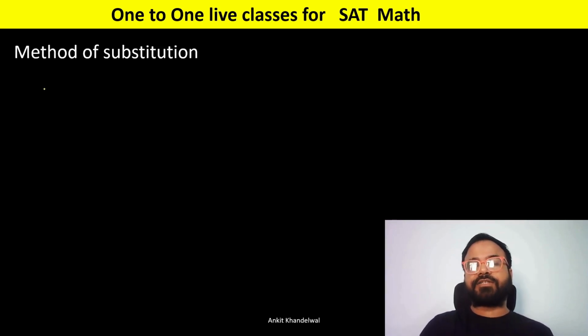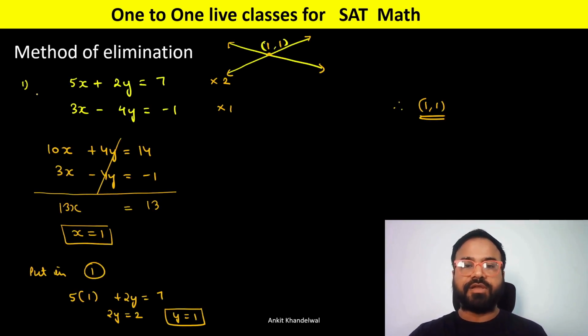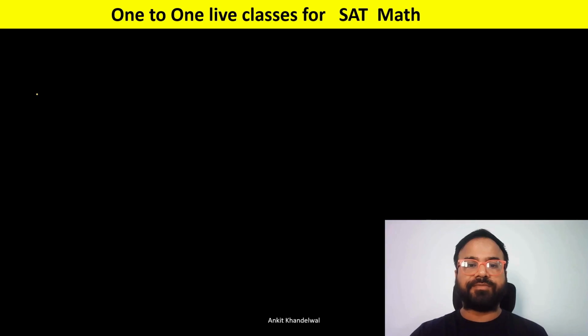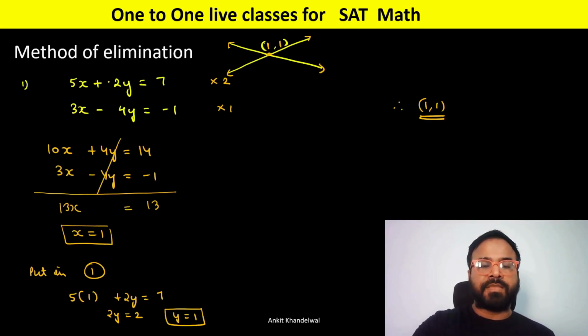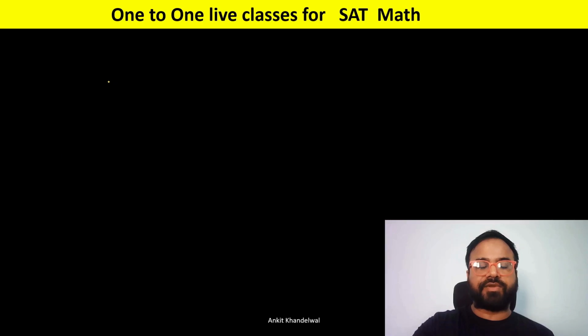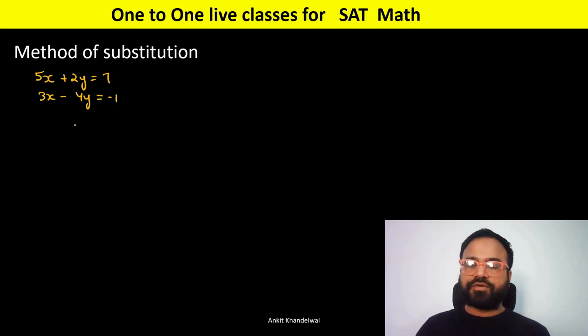Similarly, second method is called substitution. Let's solve the same question with the substitution method. 5x plus 2y equals 7, and 3x minus 4y equals negative 1. In the method of substitution, what we have to do, from any one of the equations, you have to find the value of one of the variables,